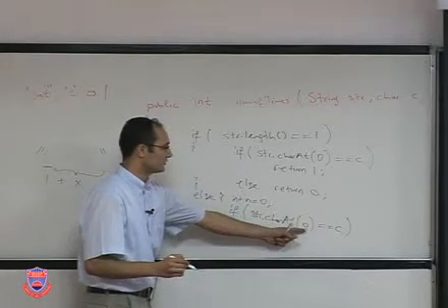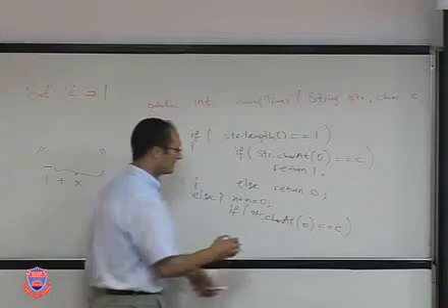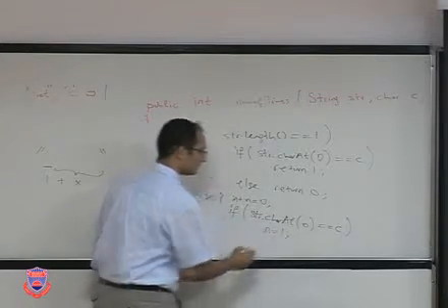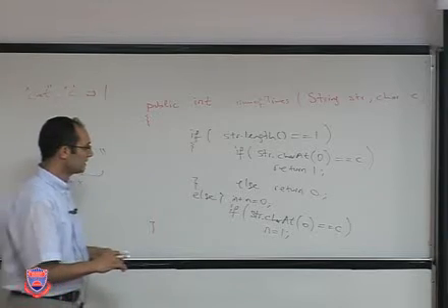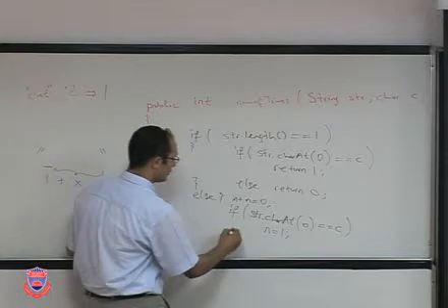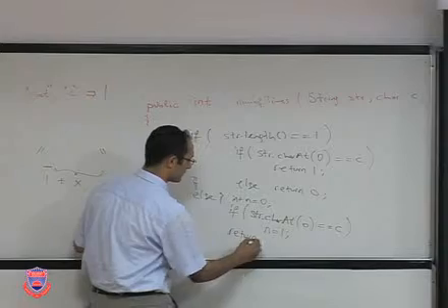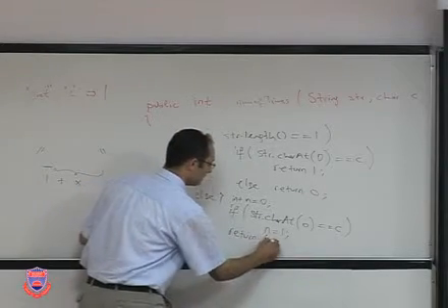If charAt(0) is equal to c, I will say n equals 1. Otherwise, it will remain as 0. And then what am I going to do? Return n plus,